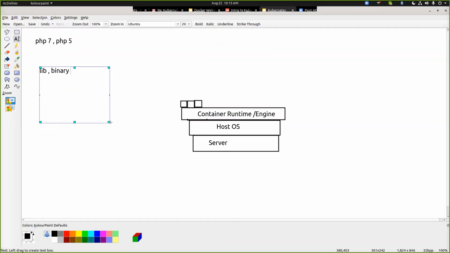Okay, let's say if I want to deploy a WordPress application. WordPress is a very popular application which is used to host blog sites. Now let's say if I want to host a WordPress application, what are the libraries and binaries required? So we require PHP 7, we require a database, and we require some PHP extensions. So what this container has is all the libraries and binaries which are required to run